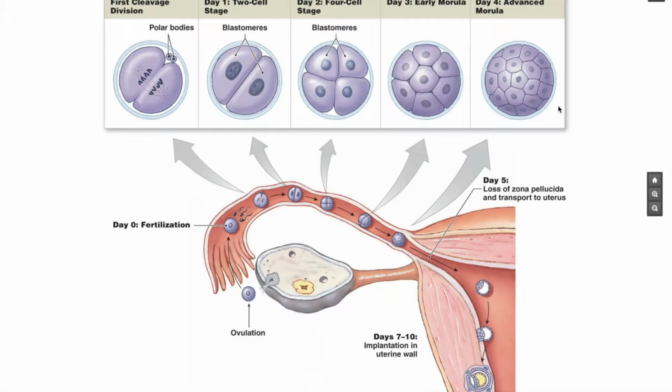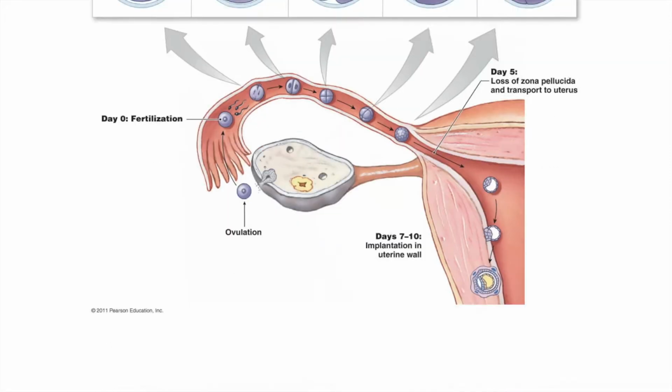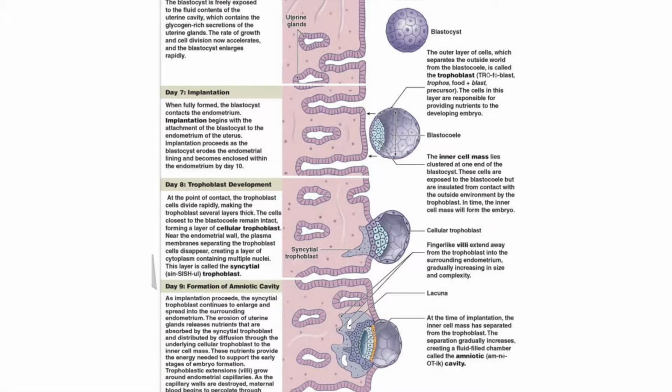After 3 or 4 days, this developing embryo is now called a morula. It's a solid ball of cells, and the morula typically reaches the uterus around day 4. We can see fertilization usually happens here in the uterine tubes, and then it takes about 3 or 4 days for it to get into the uterus. Once inside the uterus,